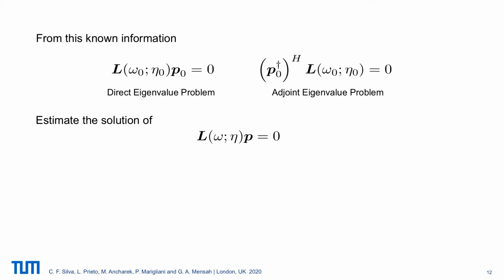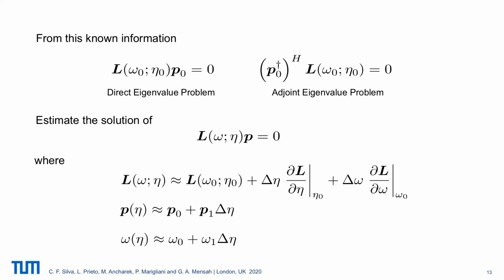Let's dip a bit into some mathematics, some linear algebra. We have the definition of the direct eigenvalue problem. This is the operator L that represents the system with the flame and so on. And we have also a corresponding adjoint eigenvalue problem. You will see that these are the right eigenvectors of the operator, and these are the left eigenvectors. Based on this, because this is all considering the nominal point, so this subscript zero represents the nominal point, we want to estimate a new eigenvalue problem